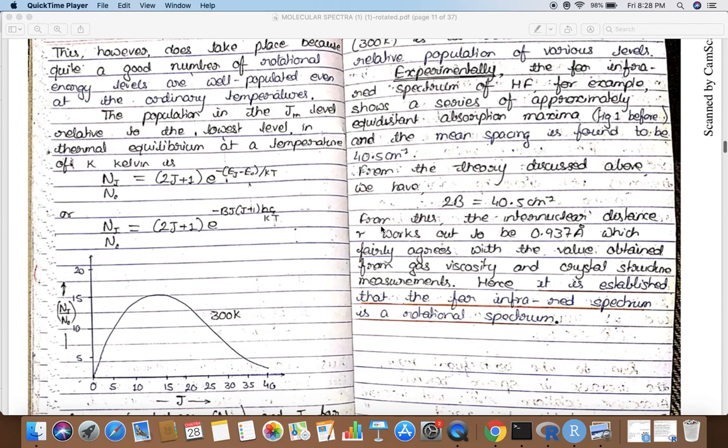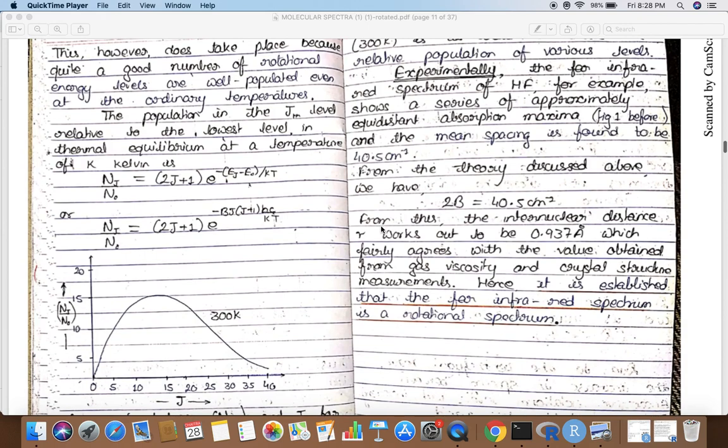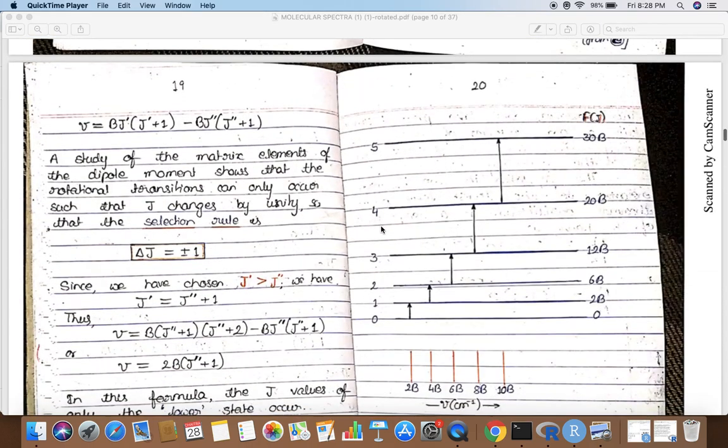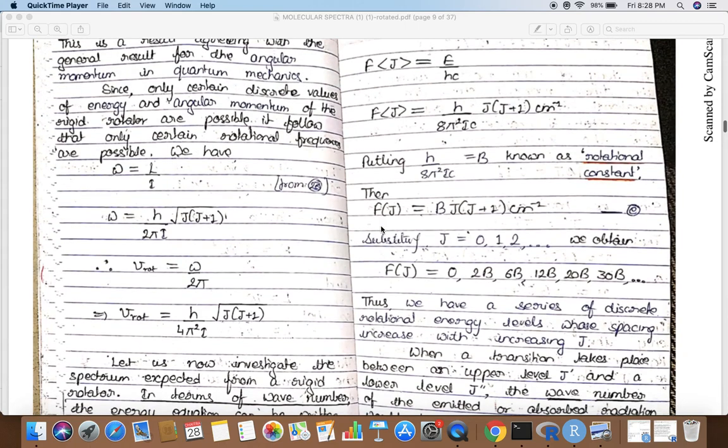The mean spacing is found to be 40.5 centimeter inverse. Experimentally, it was achieved that this 2B is equal to 40.5 centimeter inverse. From there, once you have this 2B quantity, you can estimate B. From B, you can estimate the value of, you know that it is h upon 8 pi square I